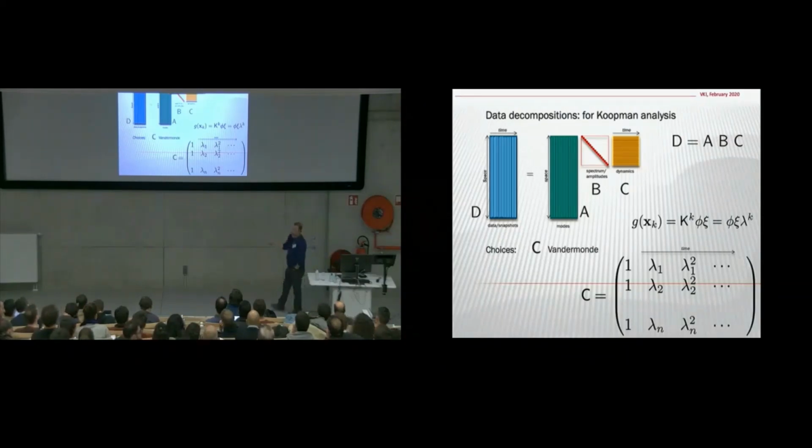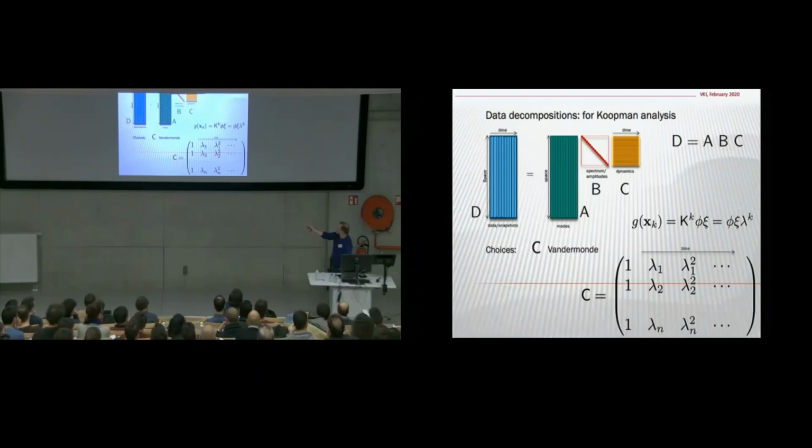So C is a Vandermonde matrix. This is what a Vandermonde matrix looks like. You probably have seen Vandermonde matrices from polynomial interpolation. You probably also remember that everybody warns you about Vandermonde matrices. They're notoriously ill-conditioned, and we'll work our way around that one. But at the moment, we have a decomposition of any rectangular matrix into another rectangular matrix, a diagonal one, and